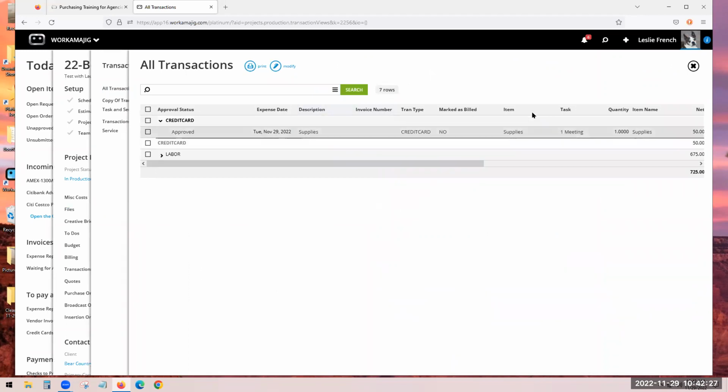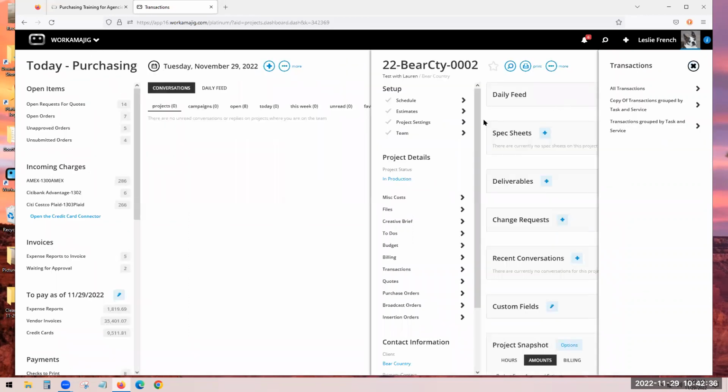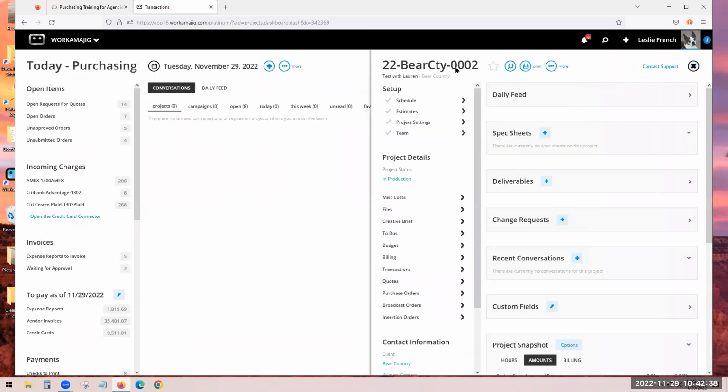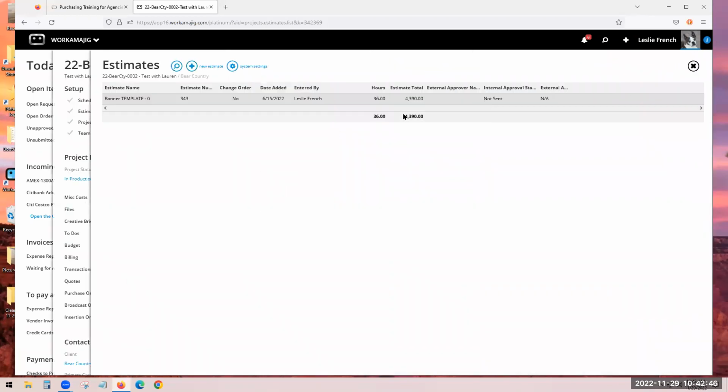Now this may or may not have had any approved budget to it, but it certainly is a cost on the project. We want to see that cost. We may be wanting to bill for that cost. So we're going to come and look at transactions every now and then. We're also going to talk though about the estimates, because going back to purchase order, this is where it all